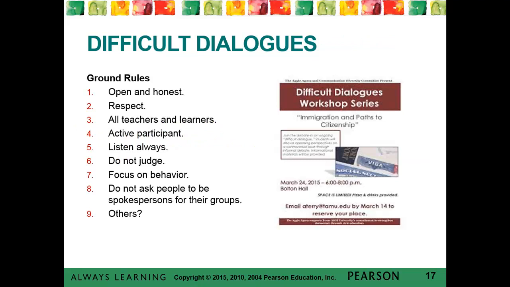If we're going to have real conversations about what offends us, we're going to have to be engaged in difficult dialogues. Texas A&M University is attempting to do this, and they've been doing this for several years, and they've created a real opportunity in the university space to have conversations that otherwise may be a little bit too difficult to transact. But if you're going to have difficult dialogues, the author recommends that we involve some of the following ground rules.